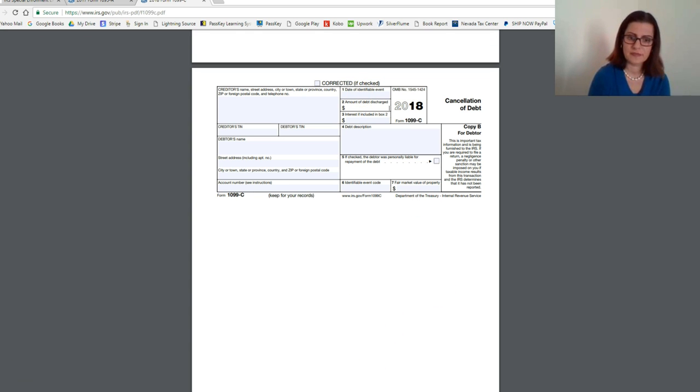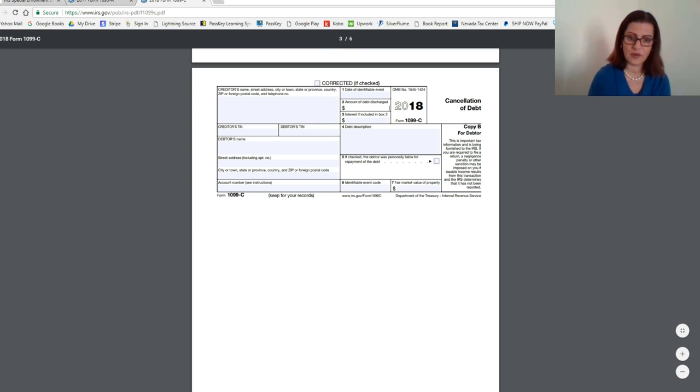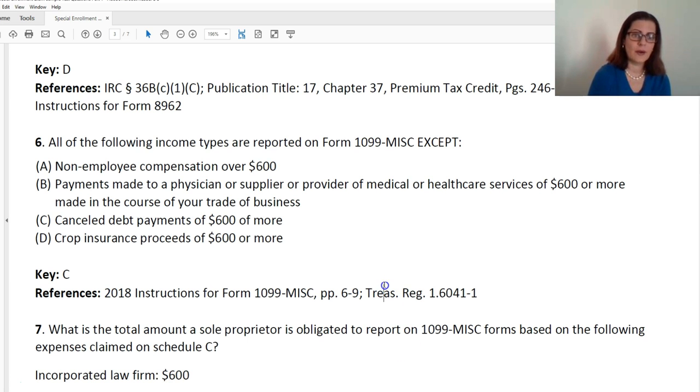All right. A lot of times those cars will be pretty banged up, or sometimes even destroyed or totaled, and then the person will stop paying and then they'll get a canceled debt cancellation. I got at least 2 of these from vehicles for clients this year when they walked away from a car. All right, so there'd be canceled debt payments of $600 or more. Non-employee compensation is going to be on a 1099 miscellaneous,